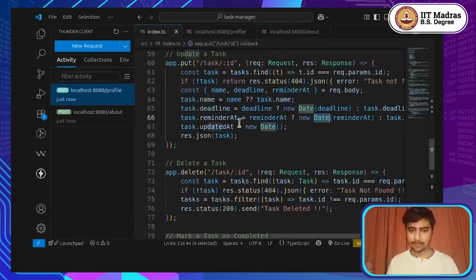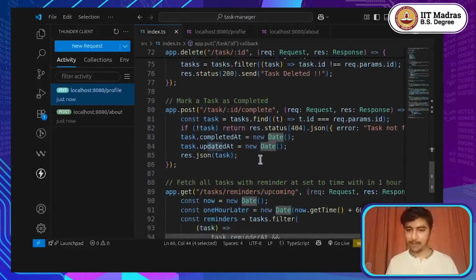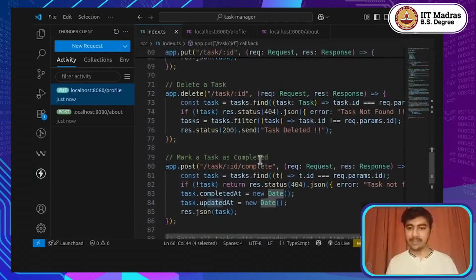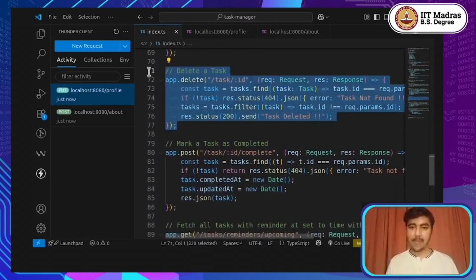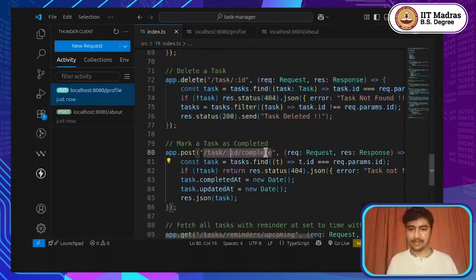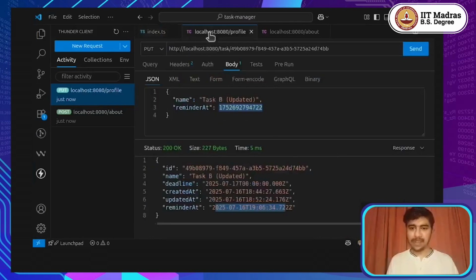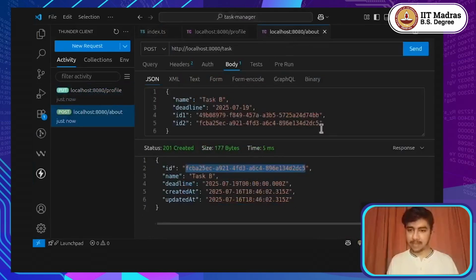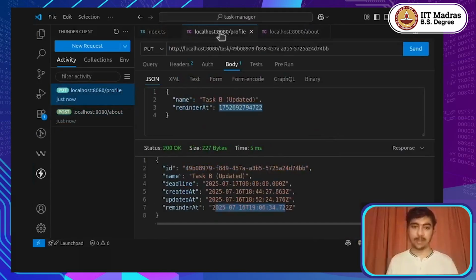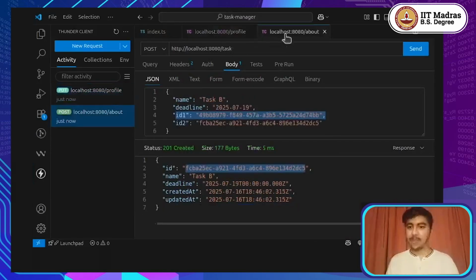All right, so looks like we have tested almost all the route implementations except deleting a task and marking a task as completed. So let's try testing this particular task first, that is this complete one. So let me come back here, and this BB, that is the first ID, is the one which has this reminder at value present for the timestamp that is 15 minutes away from now. So what I'm going to do is mark this particular task as completed. So I will copy this from here,